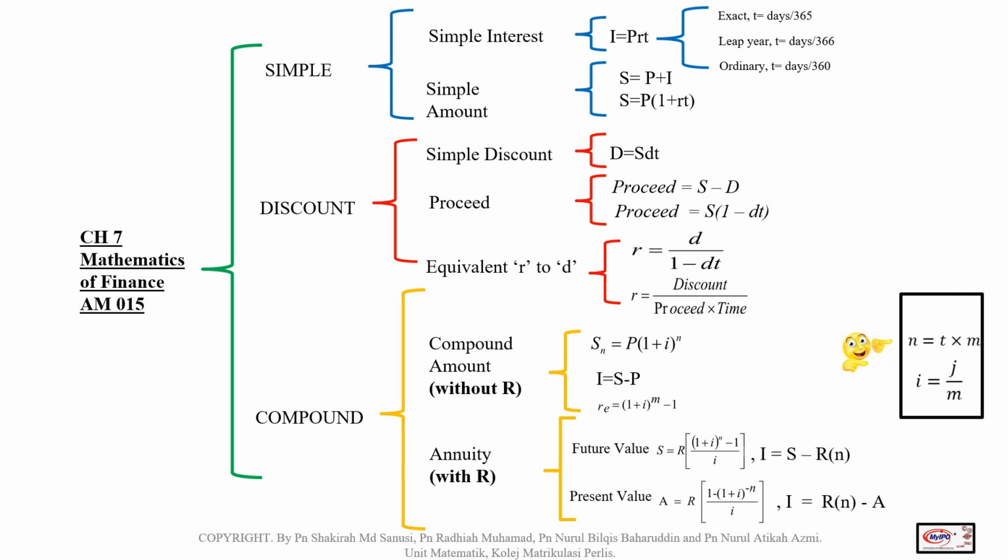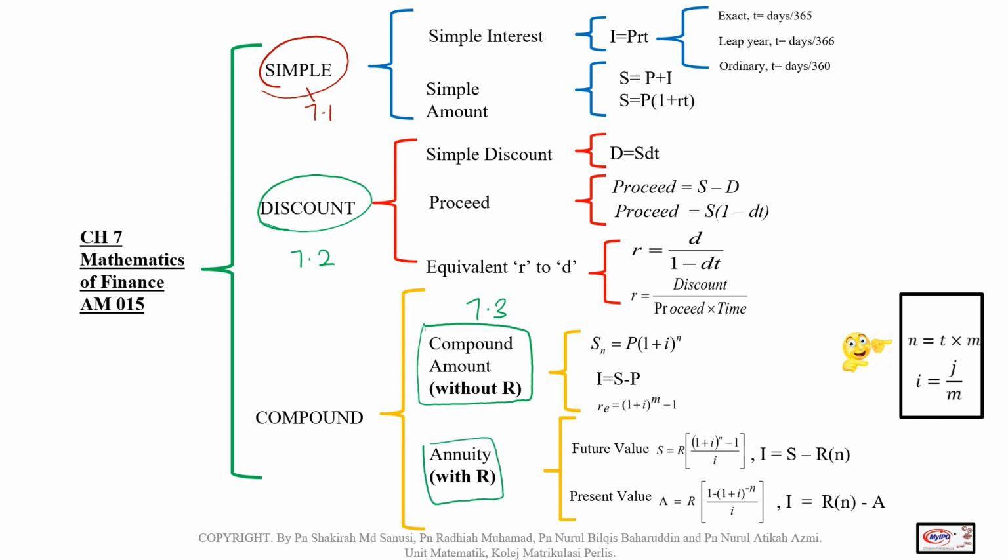Let's do a recap about what we already learned in this chapter. We already learned about simple interest and simple amount in 7.1. Okay? And then for discount, we learned it in 7.2. Whereas compound amount without R is in subtopic 7.3. Meanwhile, annuity, which is compound amount with R, is in 7.4. Which means that by now, you should know which subtopic you should refer to in order to solve the